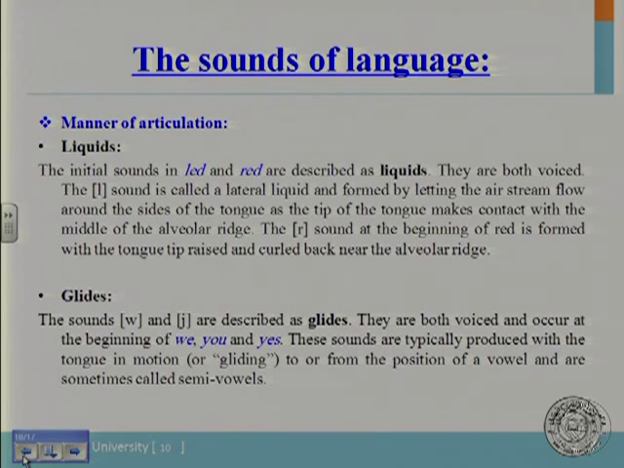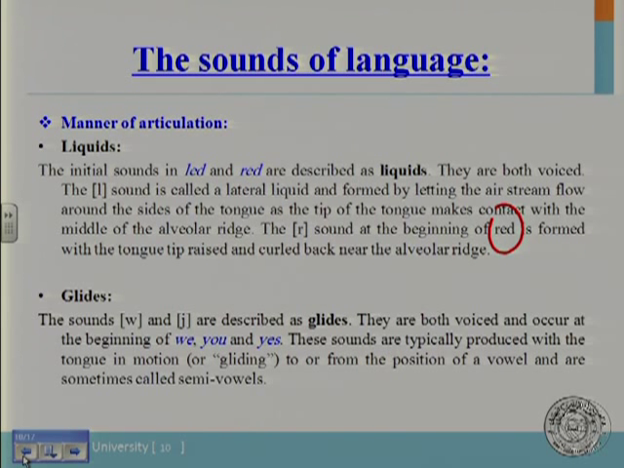sides of the tongue. Now the L sound is called a lateral liquid and is formed by letting the air stream flow around the sides of the tongue as the tip of the tongue makes contact with the middle of the alveolar ridge. Now the R sound here at the beginning of the word red also is formed with the tongue